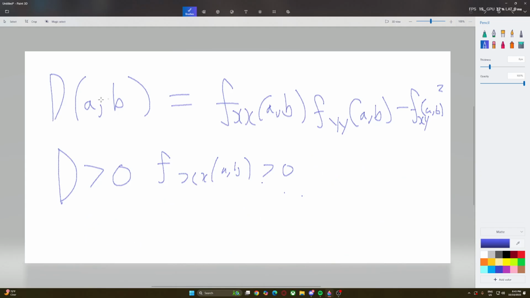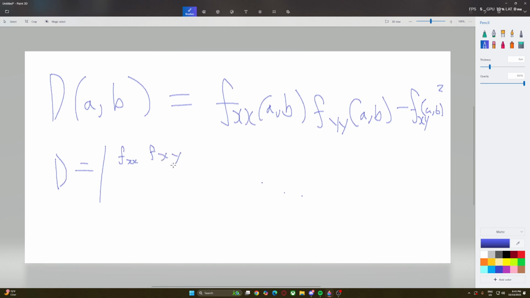So another way to write this equation is through this determinant form, which is D equals the determinant of f of xx, f of xy. Also, by the way, I'll explain why that's squared in a moment. So this is 3 different ways to get, oh wait, did I write this right? No. This is